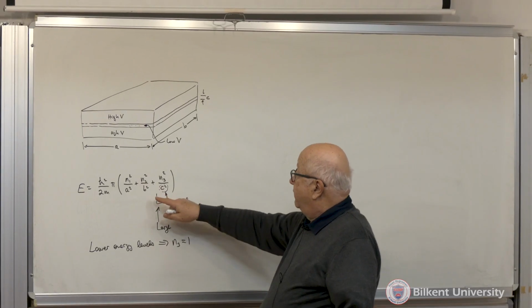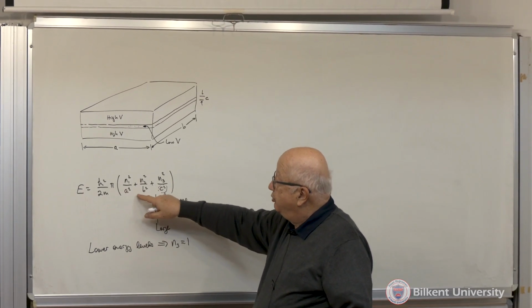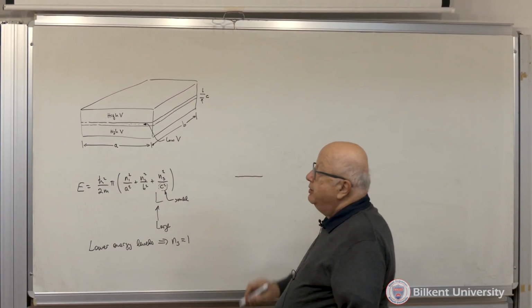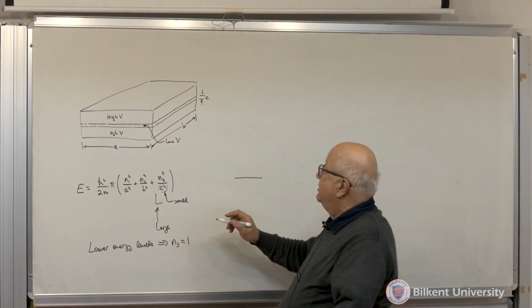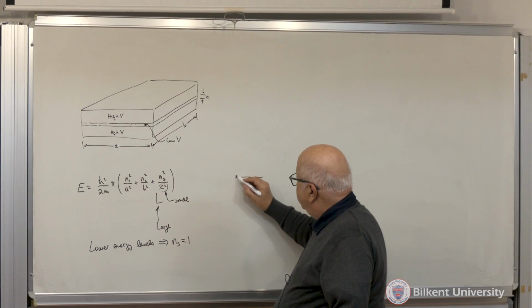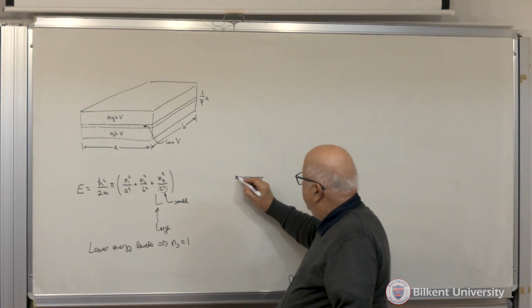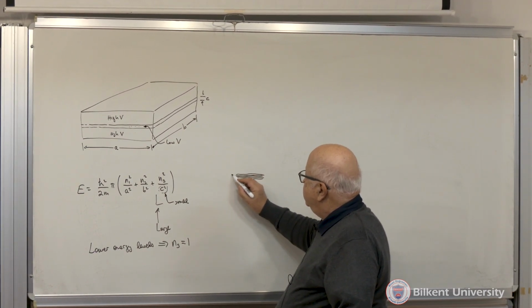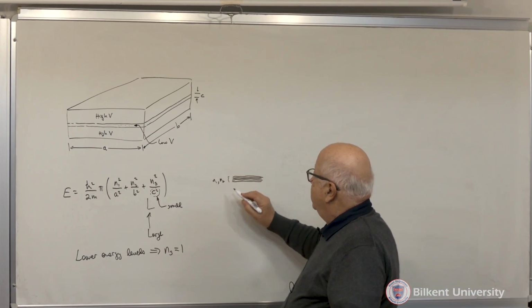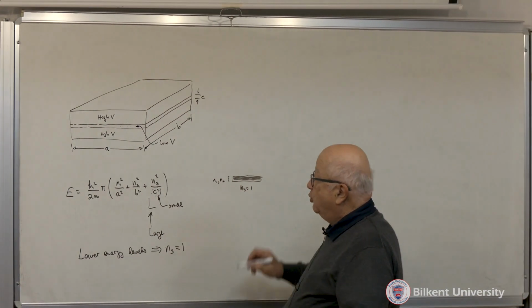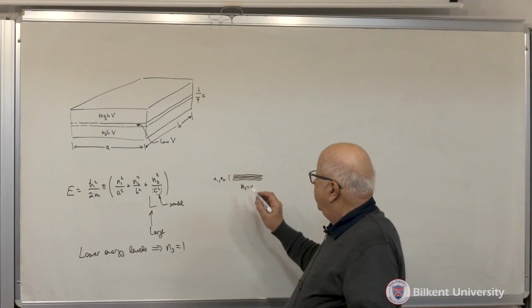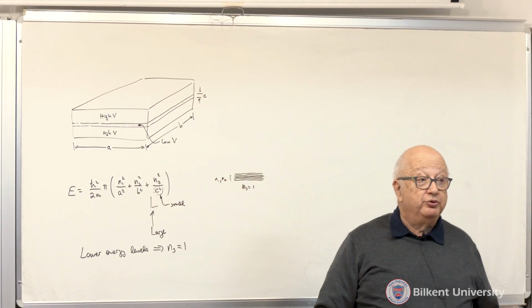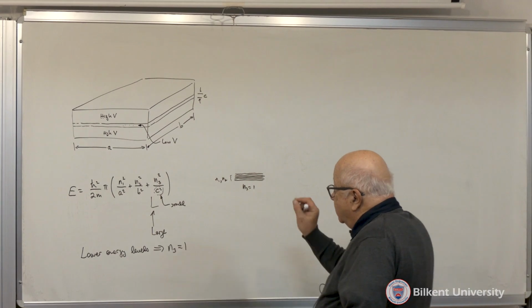So if I look at the energy levels corresponding to N1 equal to 1, N2 equal to 1, that's going to be something over here, right? If I increase N1 and N2 by just a little bit, that's going to be another energy level. So I'm going to get lots of energy levels corresponding to various values of N1 and N2, but N3 is equal to 1, right? Lots of energy levels which correspond to various small values of N1 and N2,